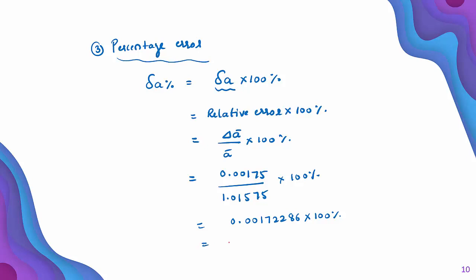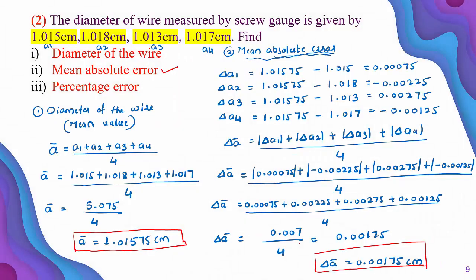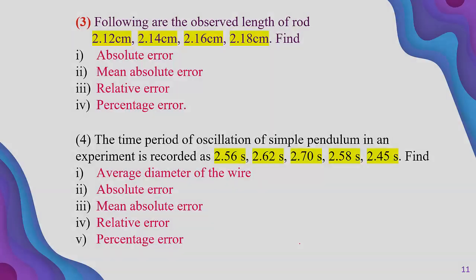So multiplied by 100, we will get 0.172%. So this is what? Percentage error, that is delta A percent. Is it clear? So in this way we can find percentage error, mean absolute error, and mean value of the diameter. Right? So I solved 2 numerical problems. Now I am going to give you the remaining 2 problems as homework. Try to solve these 2 problems yourself, and I am going to give you the proper answer in the next